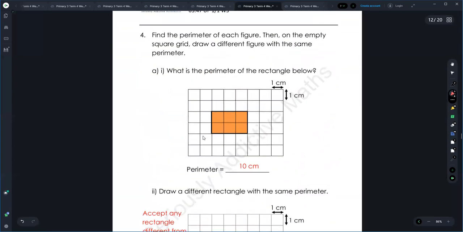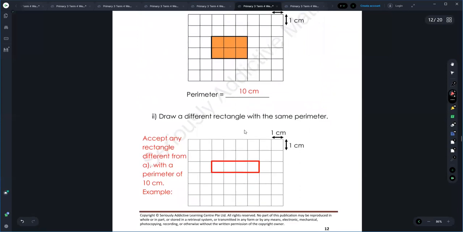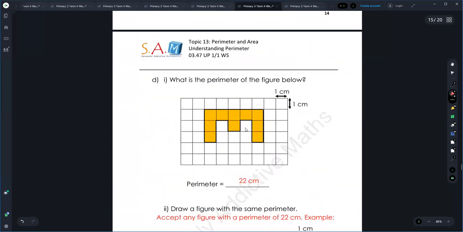Okay, here they have to end. For question 4 will be good to do. Perimeter of the rectangle is 10 cm. Then they have to draw a different one with the same perimeter, right, which is 10 cm as well. Okay, so this may be challenging for some students. All right, so one question it, and then